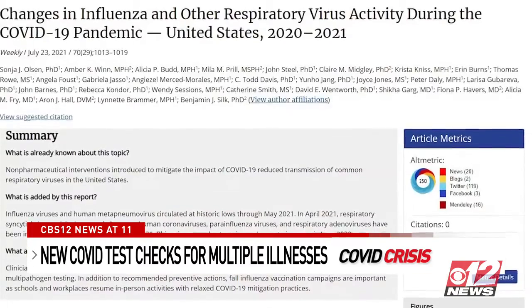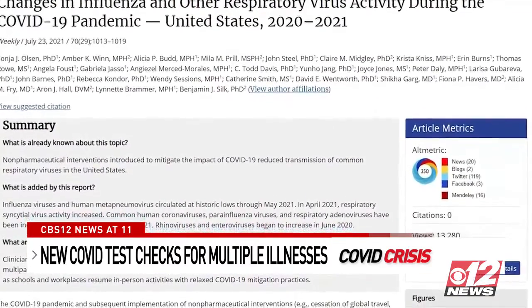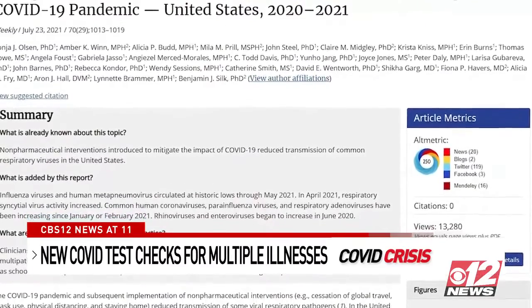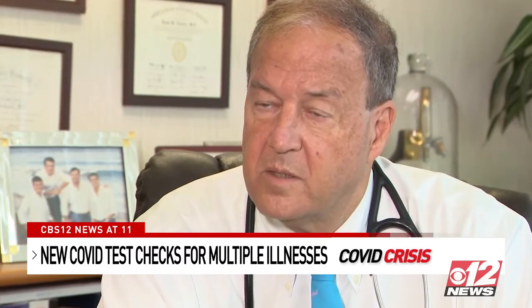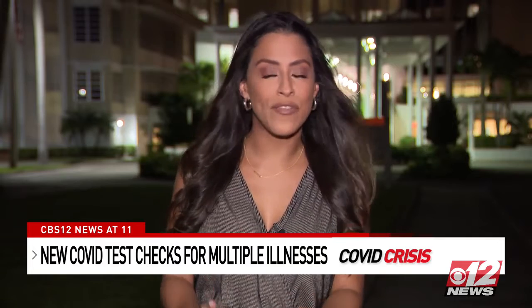It requires a more sophisticated lab to do the genetic analysis to tell you whether it's Delta or other variant. In this newly released CDC report, experts recommend that doctors move forward with this sort of testing. I think all hospitals, all ERs, all urgent care centers should really have one because it really changes how you practice clinical medicine. Now they charge about $300, but we made some calls and we found out that the test